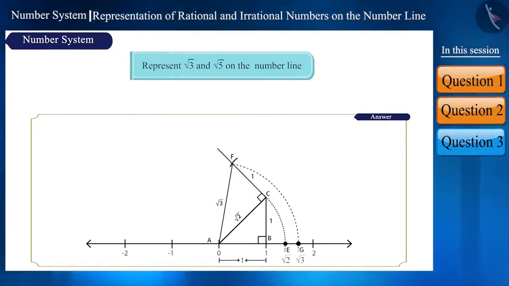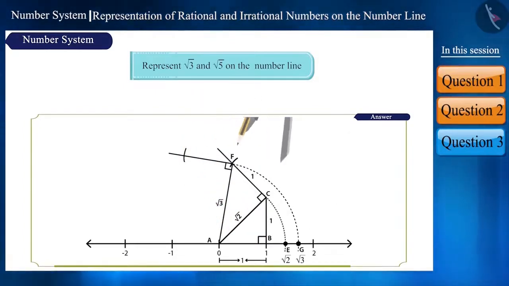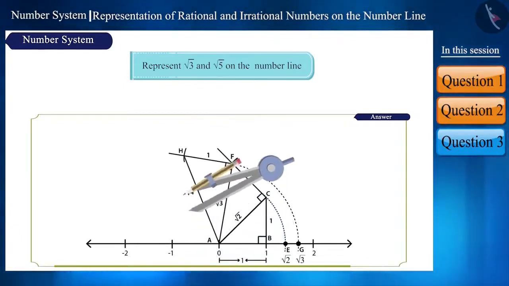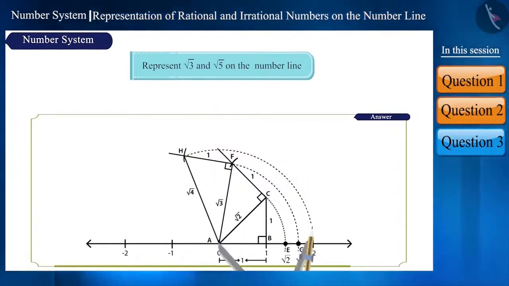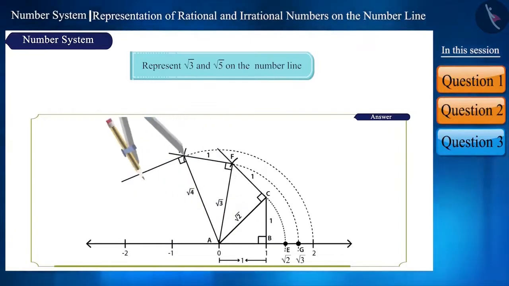Friends, we can represent root 4 using the same process. And now we get the arc cutting at point 2. This is because the value of root 4 is 2. Now to represent root 5 on the number line, we will draw a perpendicular on the line AH and measure